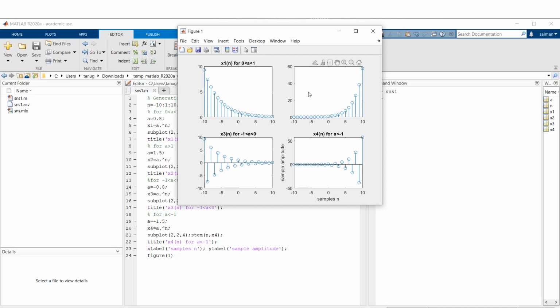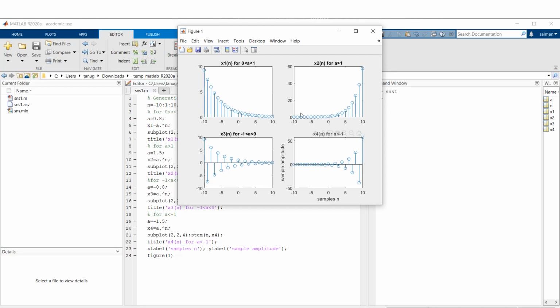When a is greater than 1, then my exponential will look like this, and it increases with time. Then when a is between -1 and 0, x3 will have both positive and negative values, and when a is less than -1, then it will be like this.